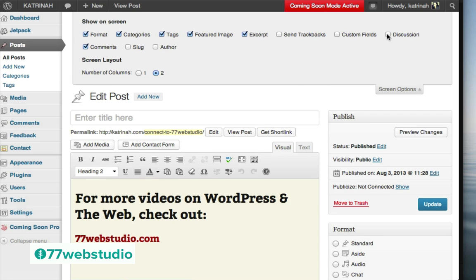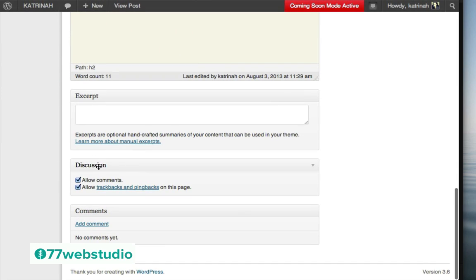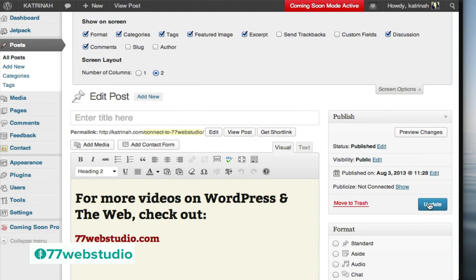And then I'm going to click on this box here that says Discussion, and I'm going to scroll down. And now we can see here the discussion box is displayed, and I can disable this by unchecking these two boxes. So once these are unchecked, I'm going to scroll up to the top and I'm going to click on Update to update this particular post with the link.